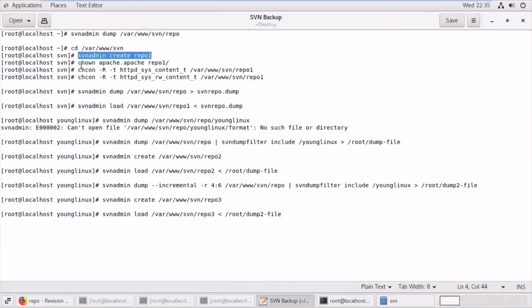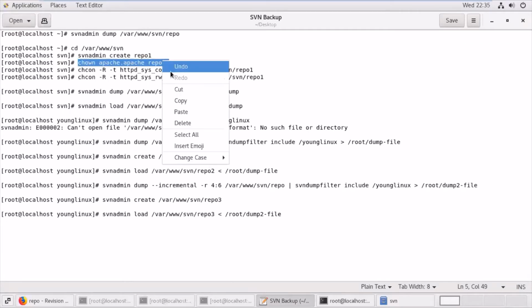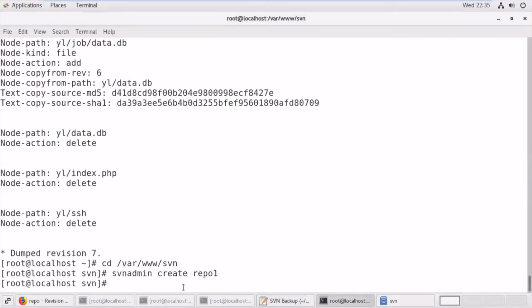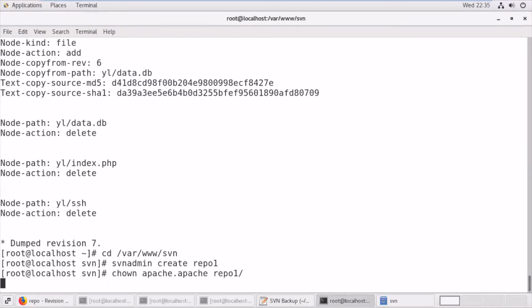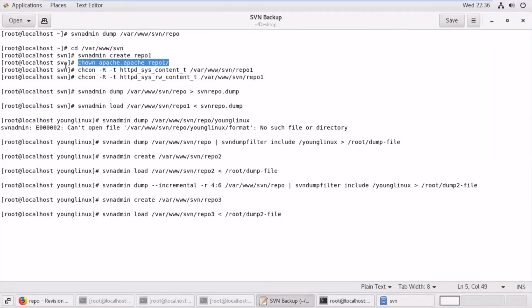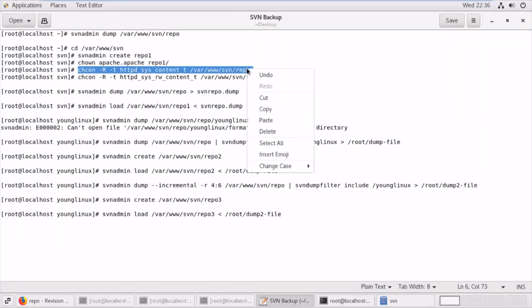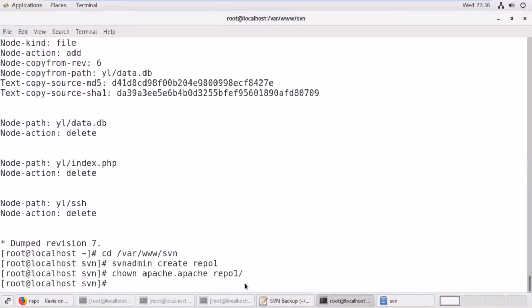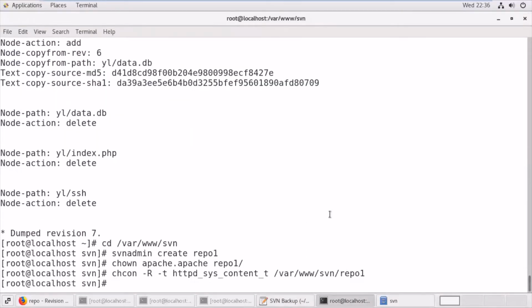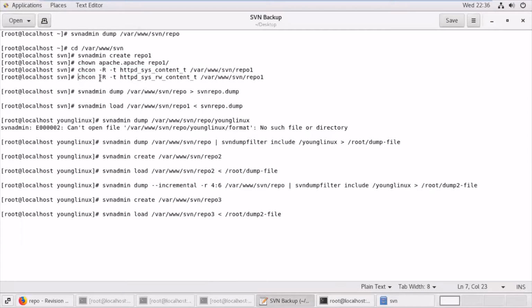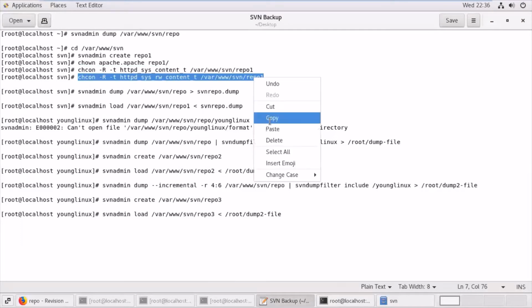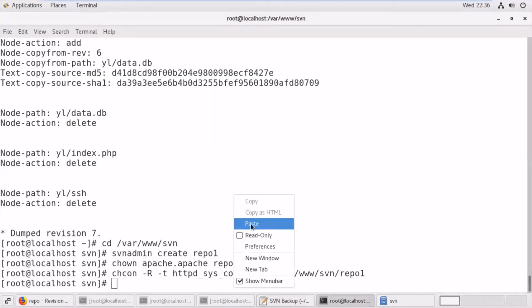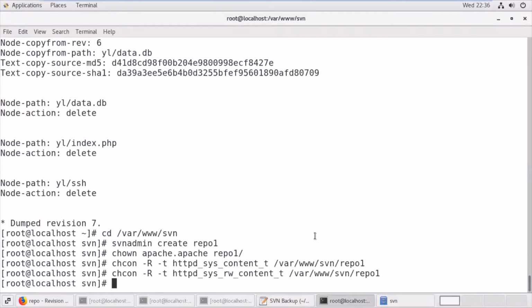Now this will give ownership of repo1 to the Apache user. Now let's provide the SELinux context so that these folders will be accessible by the Apache service.